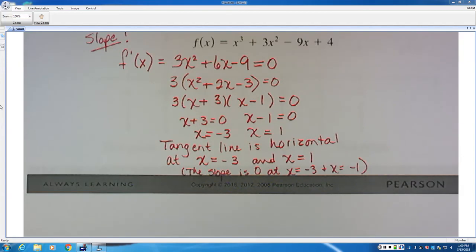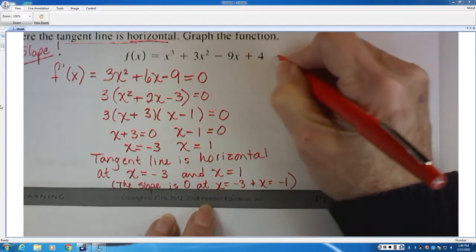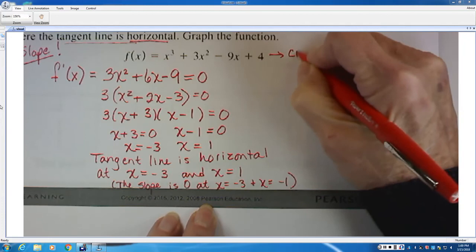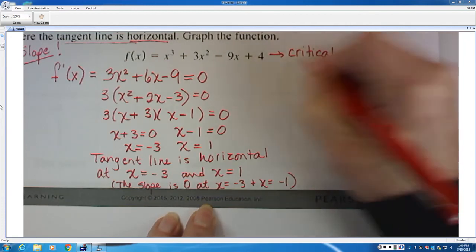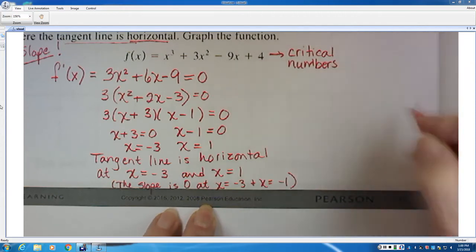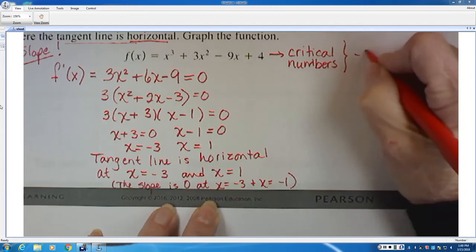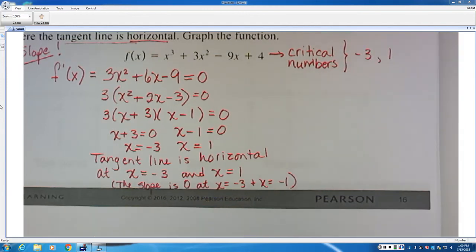That also tells us that this function has 2 critical numbers. And the 2 critical numbers are negative 3 and 1. Okay? That's how you find the critical numbers. You take the first derivative and you set it equal to 0. Then, in order to determine